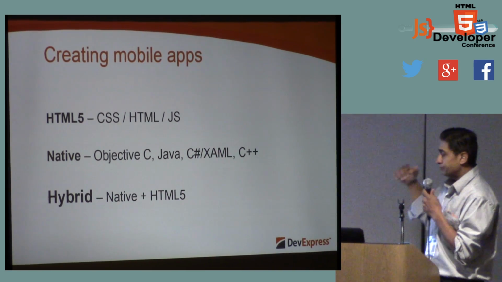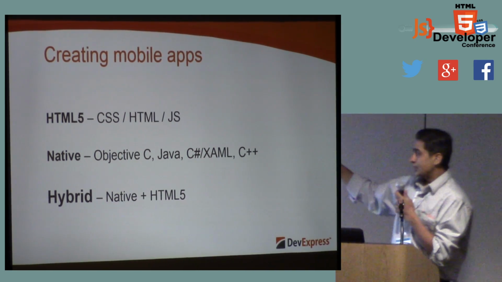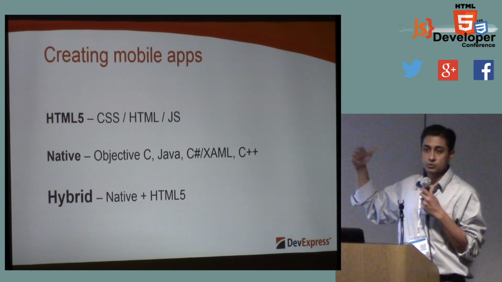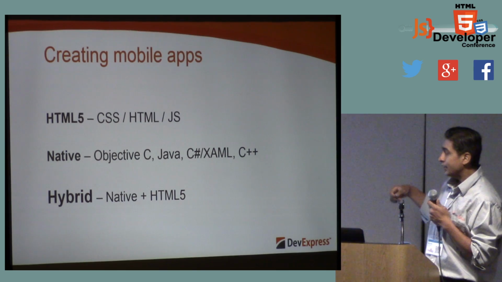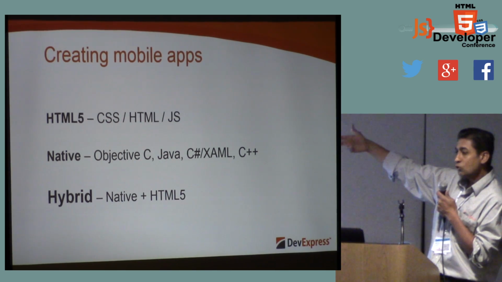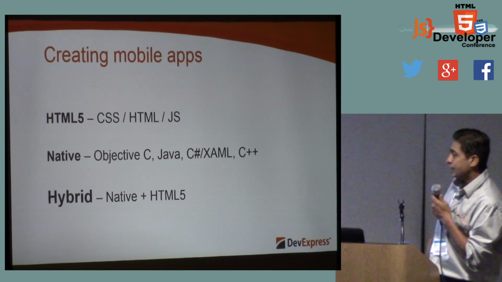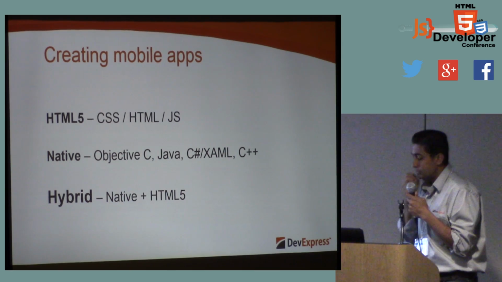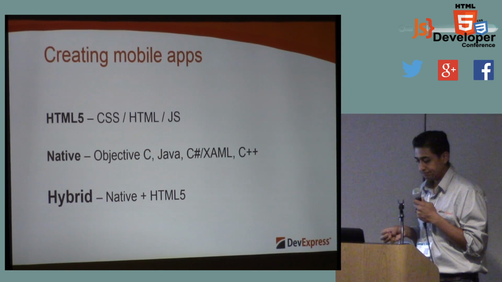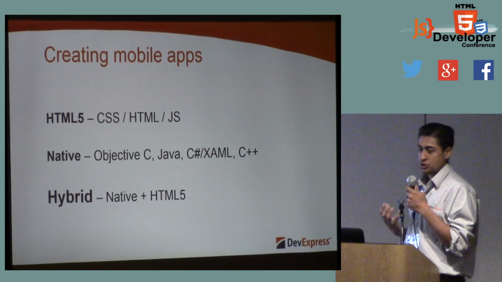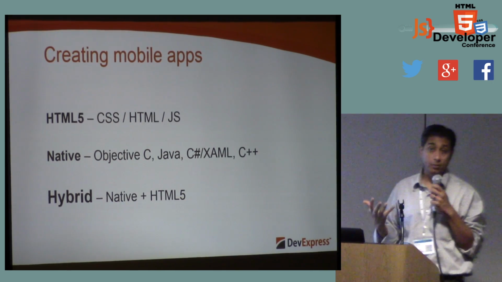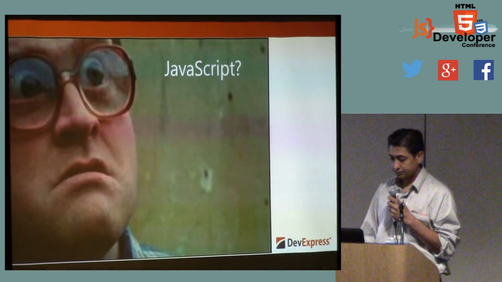So cost-wise, I would say native costs the most in terms of resources, time to learn, and time to invest. HTML5 is the cheapest. Unfortunately, you don't get to package it up. Now, the biggest challenge with these is that hybrid and HTML5 have some big challenges, right? And the biggest one being performance. So I'll talk about that in just a bit.